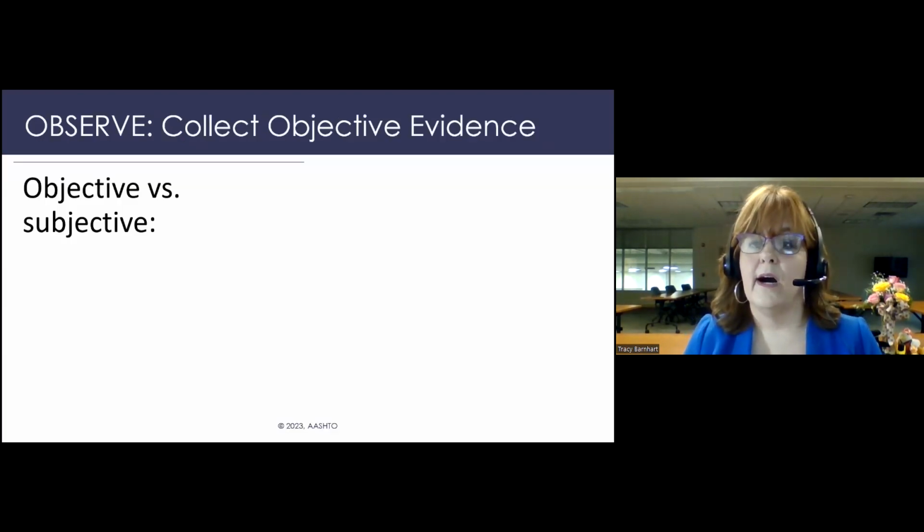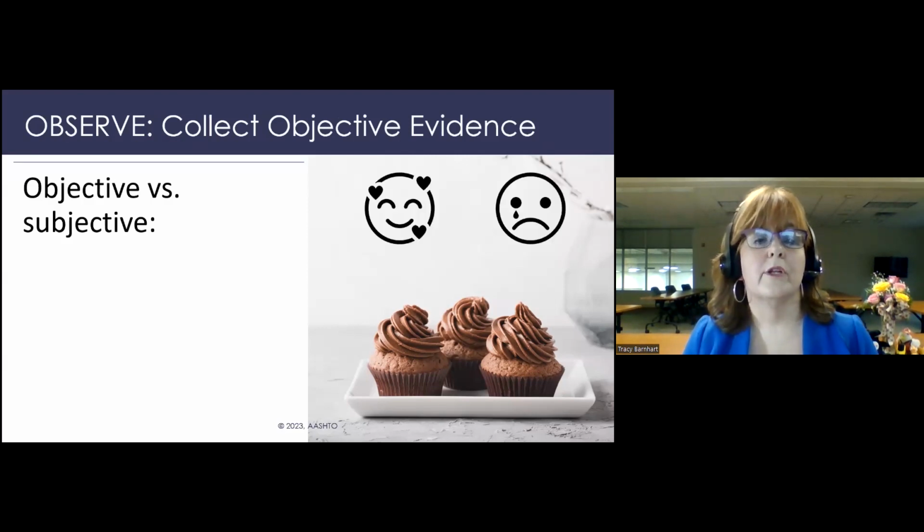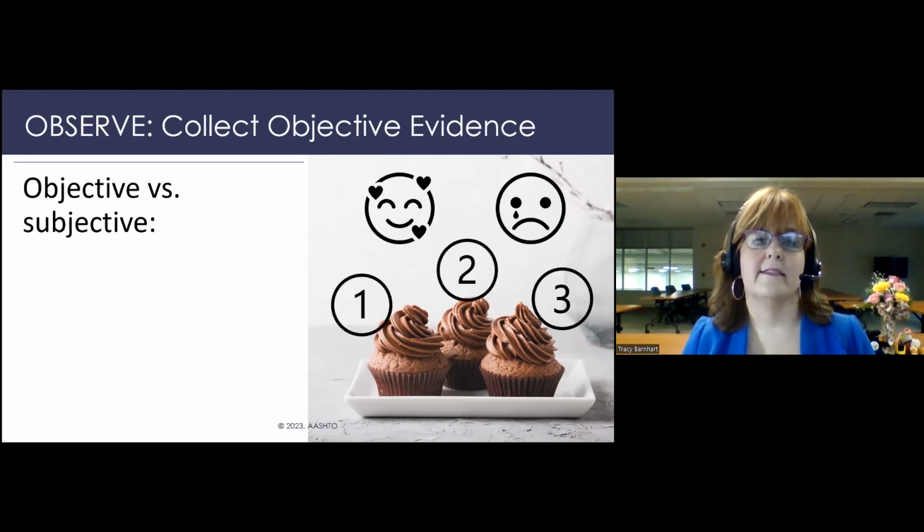When you're doing an internal audit, you're essentially collecting objective evidence. I wanted to talk about this for just a moment. The difference between objective and subjective basically is fact or feeling, right? So if we're looking at these cupcakes subjectively, the person on the left loves chocolate cupcakes. I'm the person on the right. I'm one of those weird people that I don't really like chocolate. It doesn't excite me. So I'm getting my feelings involved. We're both getting our feelings involved with the cupcakes. But if we're being objective, we can both agree that there are 3 cupcakes on the plate. That's what objective evidence is all about, keeping your feelings out of it.